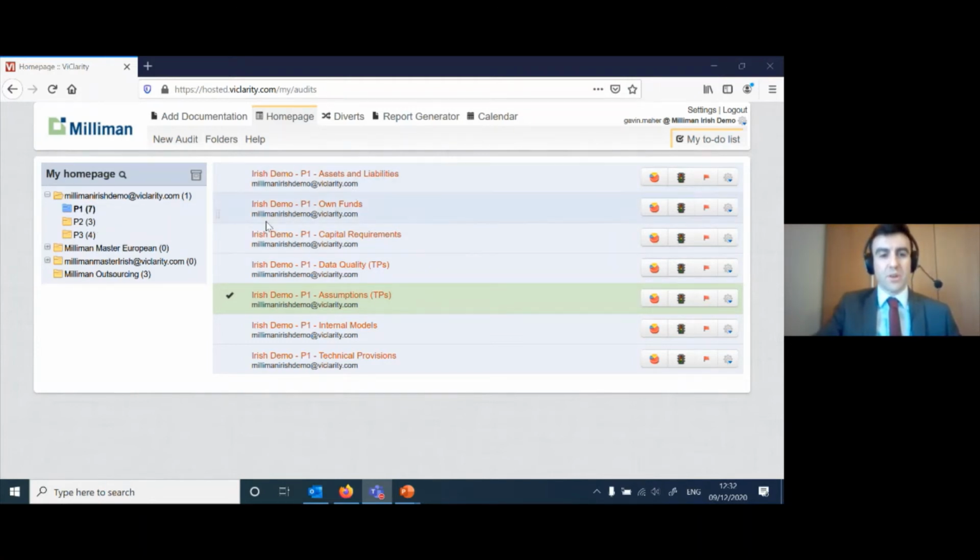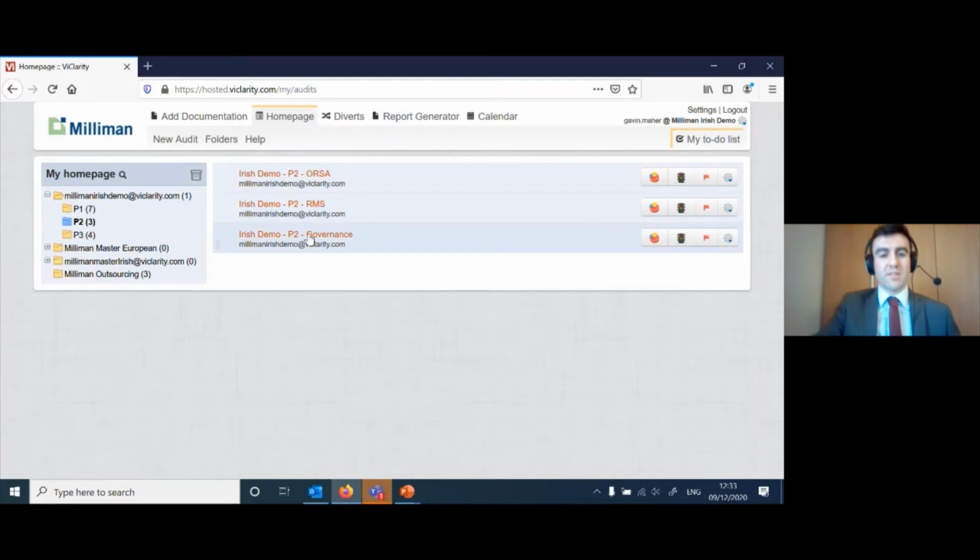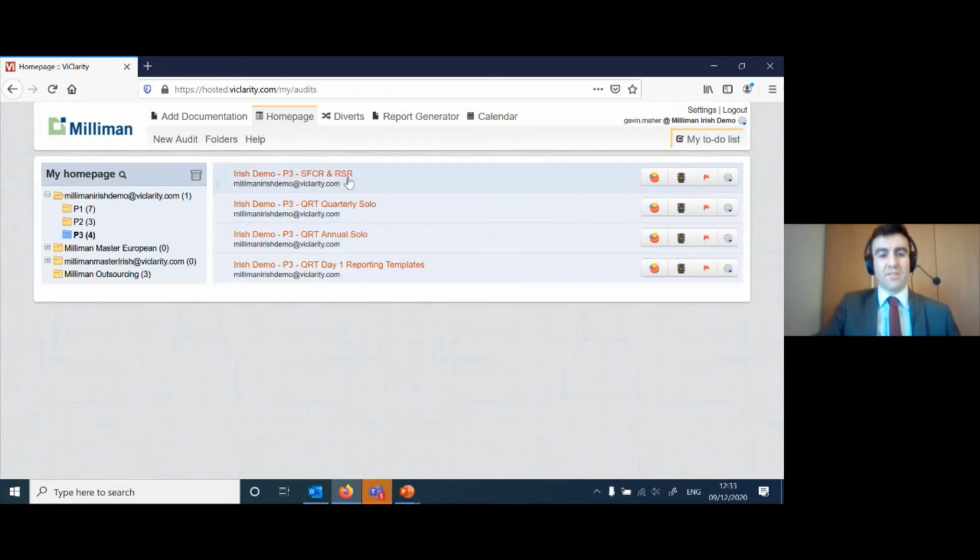So just as a reminder, we have the tool open here, and there's the three folders on the left here you can see on the home page. So this is broken down into the three pillars of Solvency II. So we have pillar 1 for assets and liabilities, own funds, capital requirements, and then within each of these modules you have the separate questions that you're going to send out and get people to quantify the compliance there, and then that'll feed into all your reporting that you want at the end. So we have pillar 1, pillar 2 on ORSA, risk management systems and governance, and then pillar 3 on SFCR, ORSA, and then QRTs. So that's a reminder for how the tool is broken down and how you're going to go into each assessment separately for those sections.